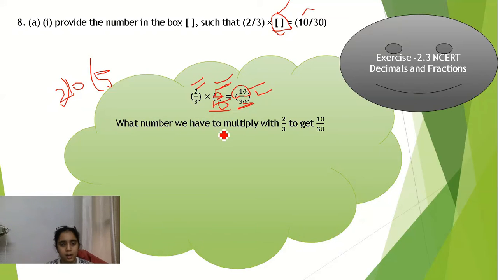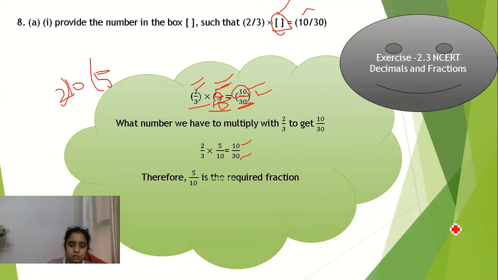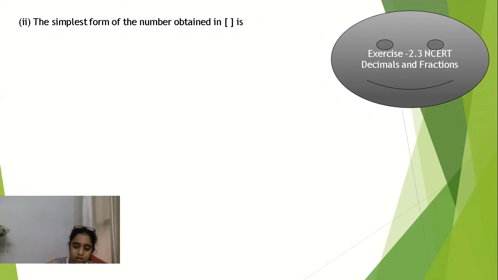It means what number we have to multiply with 2 upon 3 in order to get 10 upon 30. Our answer would be 5 upon 10. You can check it: 5 multiplied by 2 is 10 and 3 multiplied by 10 is 30. So our answer is 5 upon 10, the required fraction. That is the 8th question A part. And the 8th question second part is,